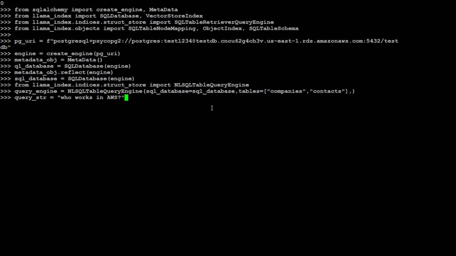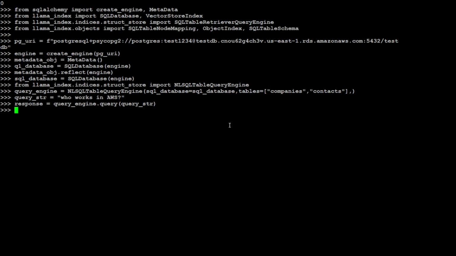If you were doing it in SQL, you would write select star or select name from contacts where company ID is equal to something like that. You would be joining company ID with company ID in the parent and child tables. But here I'm simply asking it in natural language who works in AWS. And now let's send this prompt to our query engine,